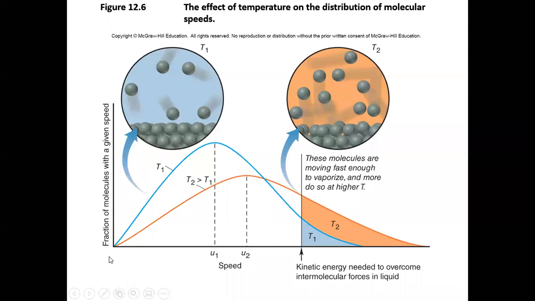And so this is just showing you that at different temperatures, we increase the vapor pressure because now more molecules are able to leave the surface of the water or vaporize. So the blue curve is at one temperature, and you see there's a few molecules that have vaporized. And then we have the second temperature, which is the orange, which is greater than T1. And you see that the curve for T2, right here,